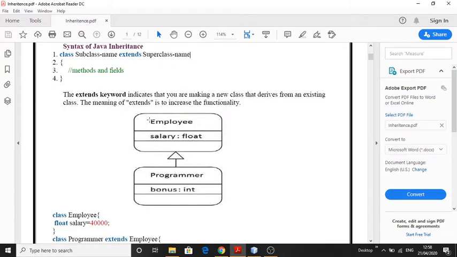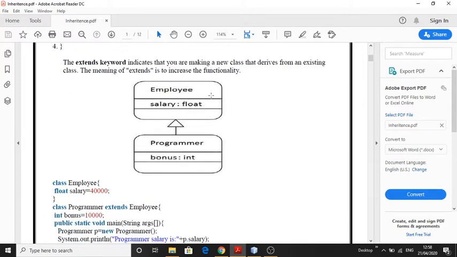Now we will show a diagram. Here Employee is a class with salary as an instance variable. So we can inherit the Employee class in a Programmer class, and Programmer also has its own data members.